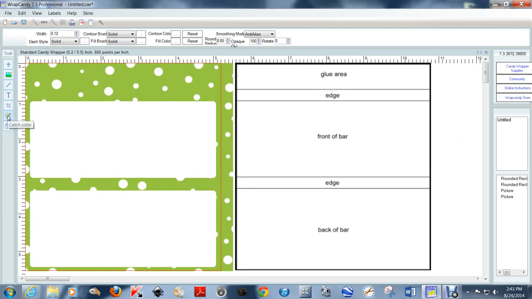Now I'm going to capture this green color by using my color catcher tool. Do you see it swimming around up there on the top of the wrapper? I love this little eyedropper. I cannot talk enough about it. So now that I've captured the color and you see it here, I'm just going to click back on here,